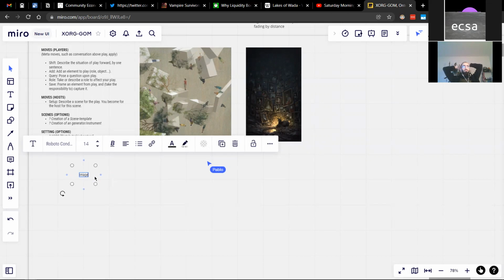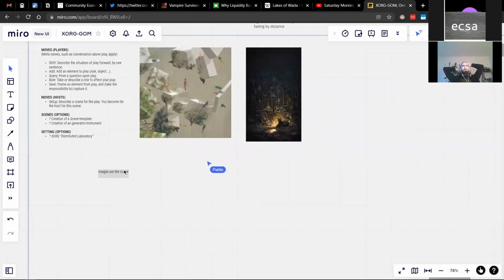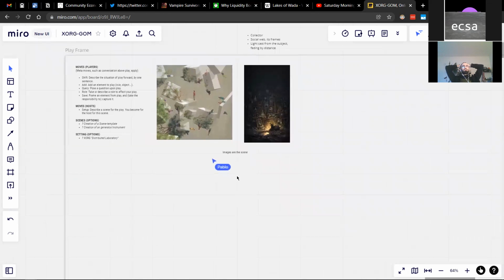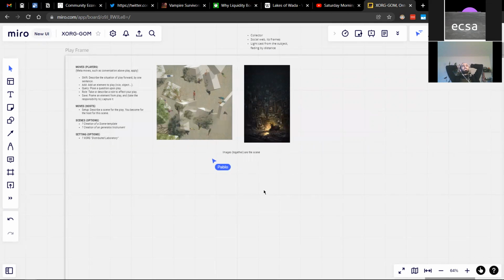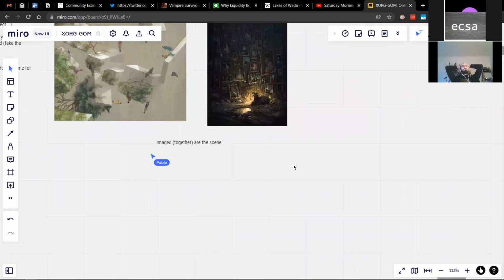Okay, yes. Let's see, I'll move this nearer here just to have a way to record things. And let's put, even for clarity's sake, that together they are the scene, or input into it. Now that you have that idea, how would you see them being the scene? Yes. I think they are different perspectives of the same event.